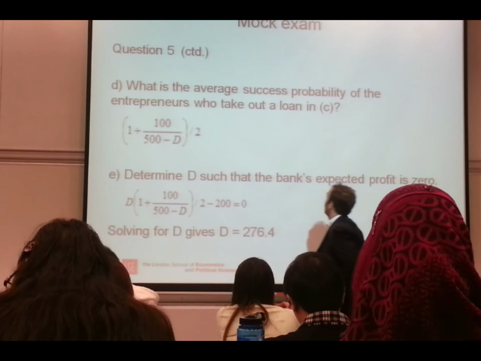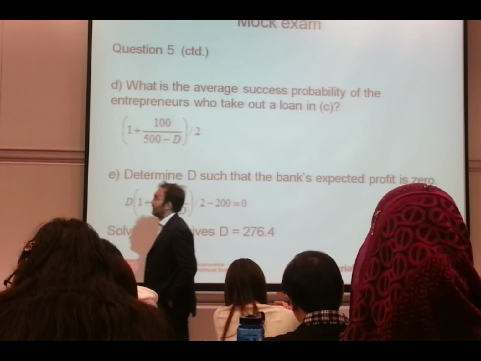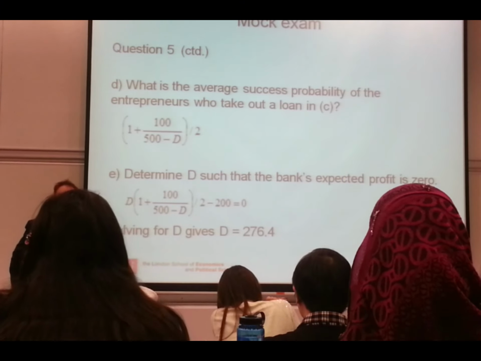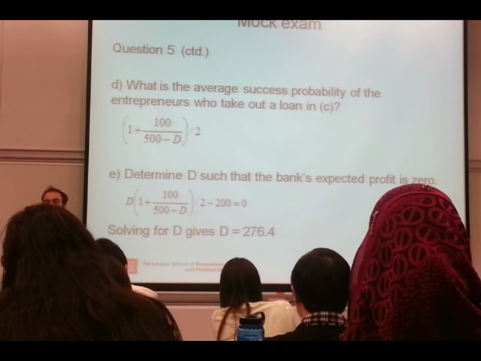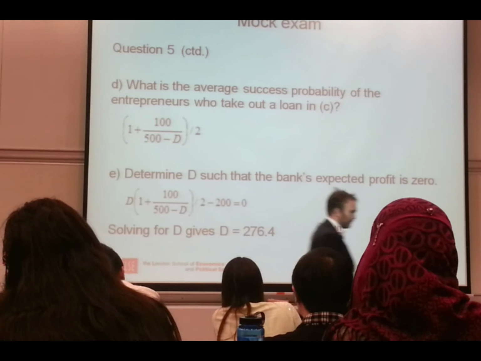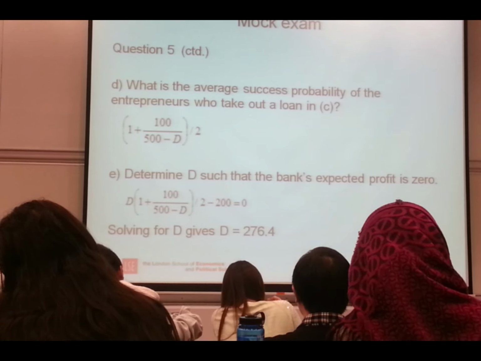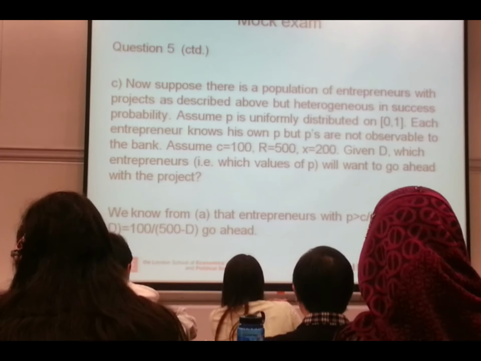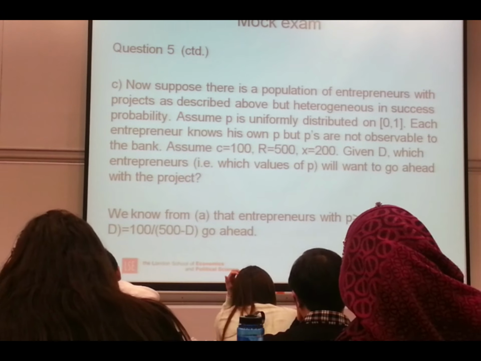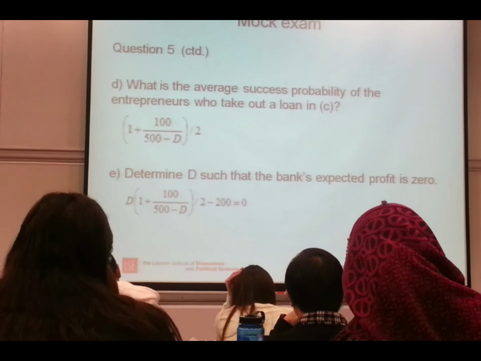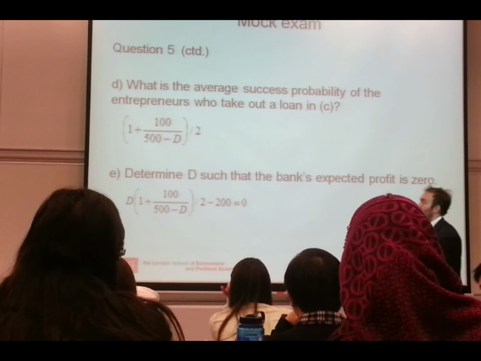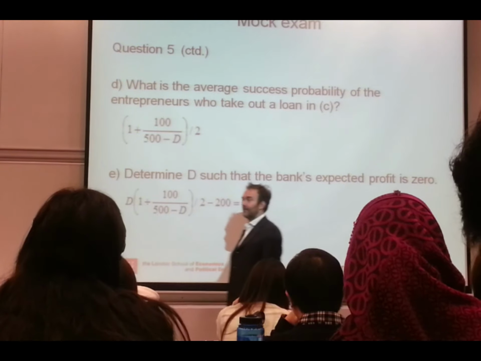We can be asked for the average success probability of the entrepreneurs who take out the loan. Okay, so we know what the minimum success probability is, and that's the one that we just solved. That's P must be bigger than 100 divided by 500 minus D. So what's the average success probability of the entrepreneurs who take out a loan? Well, to do that,